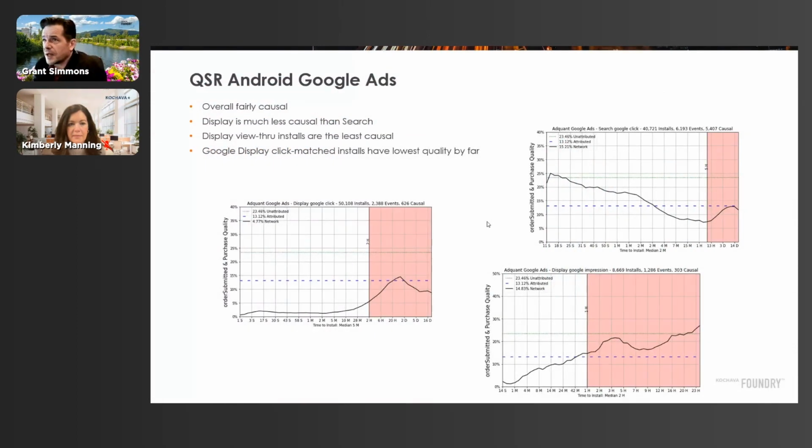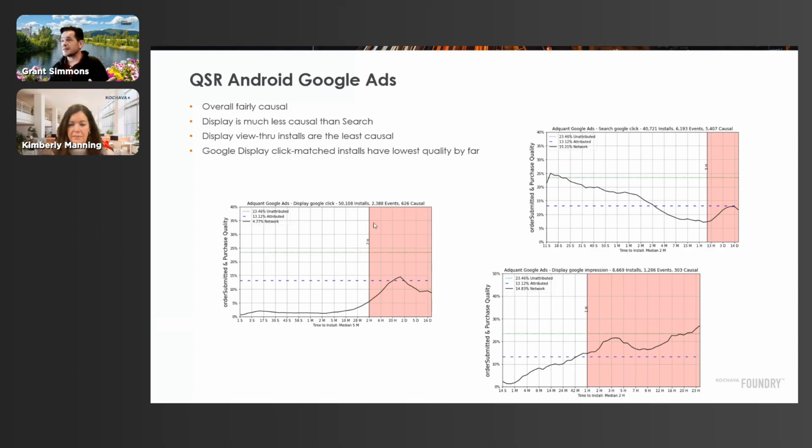So anybody who's in mobile right now knows that Google Ads, that Google UAC integration, is YouTube, search, and display, and it's collapsed into one integration. Well, the good news is in your Kochava data model, you can break that out into YouTube click, YouTube impression, display click, display impression, and then search. And what we'll see is wildly different performance profiles for all of them. Not to spoil, but basically all of it says don't run on Google Display if you can.